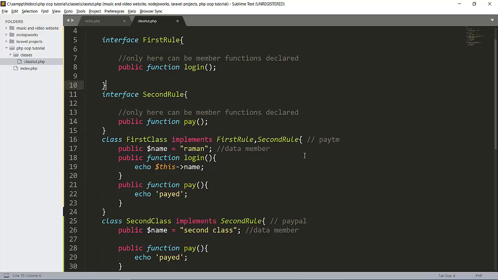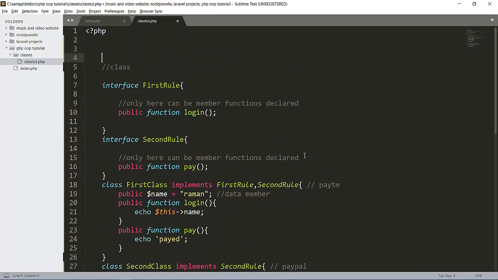So now let's see what is the difference between